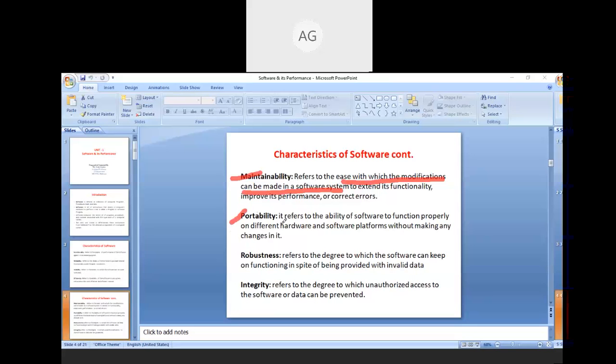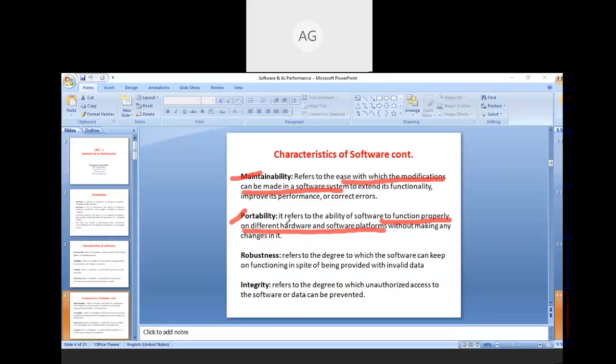The next characteristic is portability. So it refers to the ability of software to function properly on different hardware and software platforms without making any changes to it. Suppose a software is developed in order to perform in the Windows platform, then the same software can also be performed in the Linux platform as well.